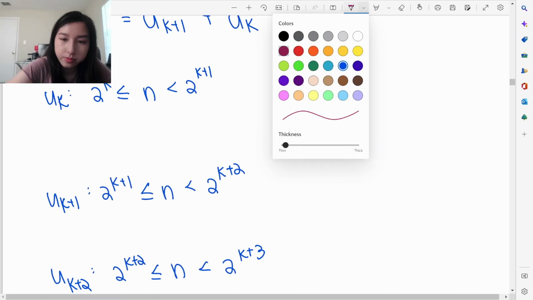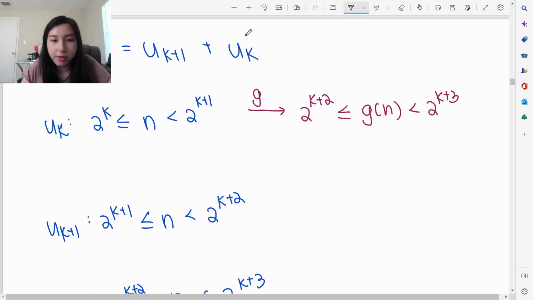So from UK, if I do g, and then now I should get 2k plus 2 is less than or equal to gn, which is less than 2k plus 3. Perfect. So basically what this question is saying, the solution equals, if you apply UK and make it undergo function g, you get all the multiples of 4s plus, and I guess this one's going to be the odd numbers. So if I want that to be odd numbers, it's probably going to be f then